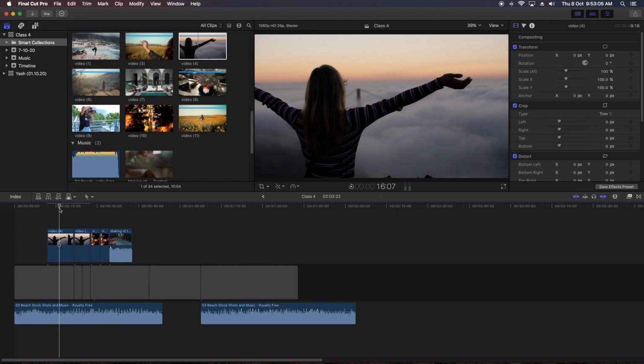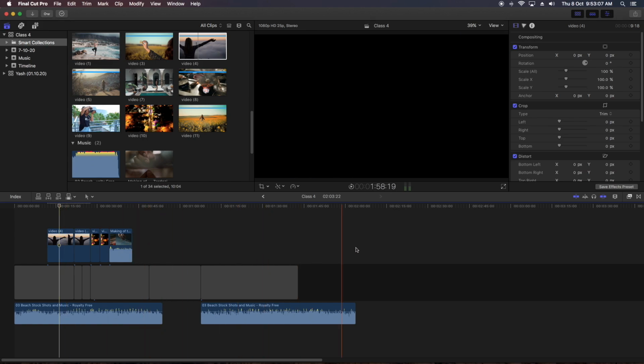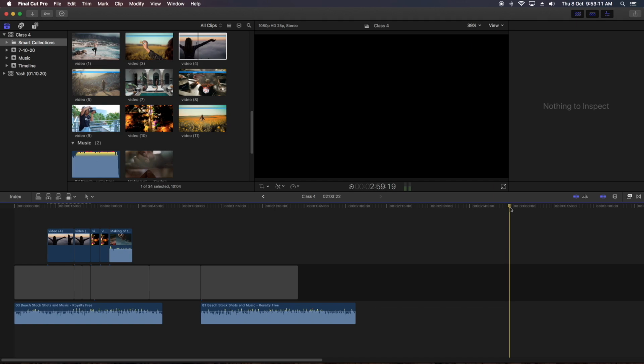So this is very effective if we are searching for some shots, and coming straight to that shot is a better idea. So this is how we use skim. If you hover your mouse onto this, you can see the shortcut of this command is S. You can even skim audio too.